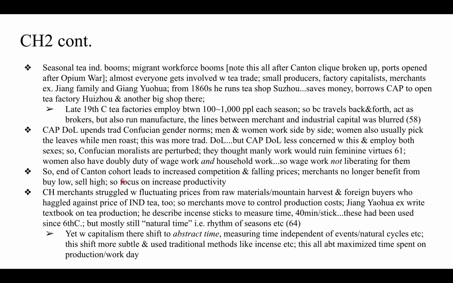The end of the Canton cohort then led to increased competition and falling prices. Merchants no longer benefited from buying low and selling high. This is also important. This led them, during the second phase, to focus more on increasing productivity to make profit. Chinese merchants struggled with fluctuating prices from raw materials in the mountain harvest and foreign buyers who haggled against the price of Indian tea too. So merchants moved to control production costs, as I mentioned, and he looks at the example again of Jiang Yaohua,